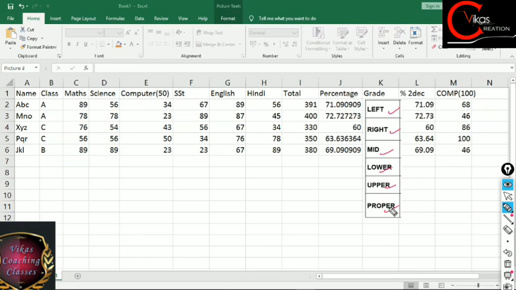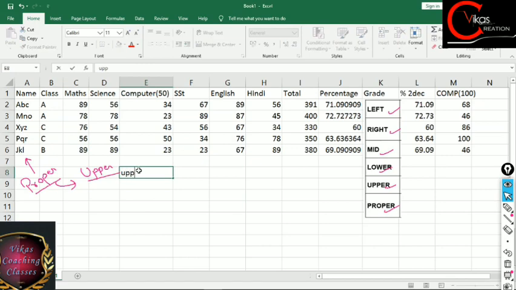Now let's suppose when I was writing all these names, fine, as you all can see I have written all these names in normal sentence case. This case is termed as proper case. But suddenly I got a task like I have to write all these names in the upper case. Fine. Suppose I have to write all these names in the caps lock or in the capital letters. So in that case what we can do, we can use this upper function. So over here I am creating a column for upper.